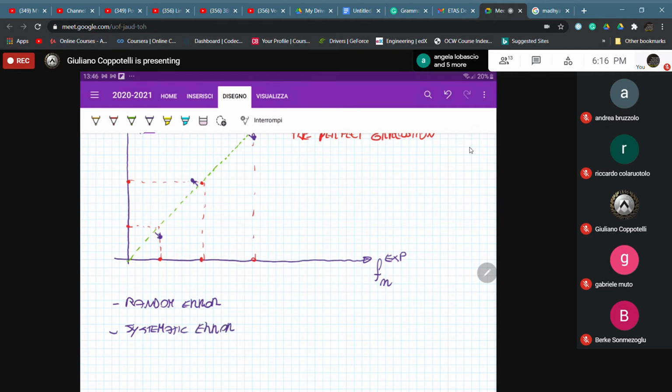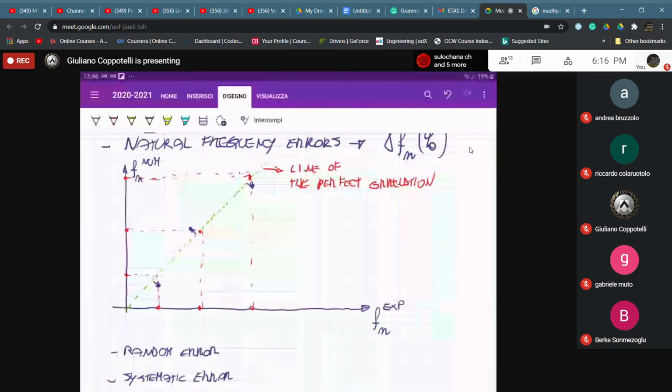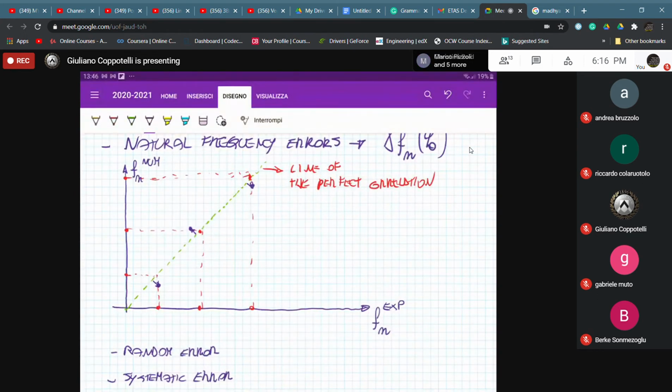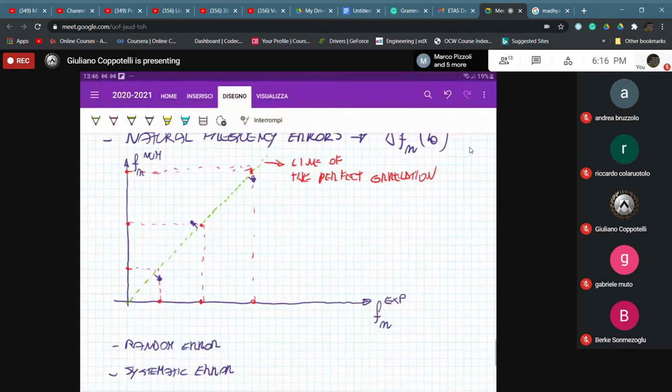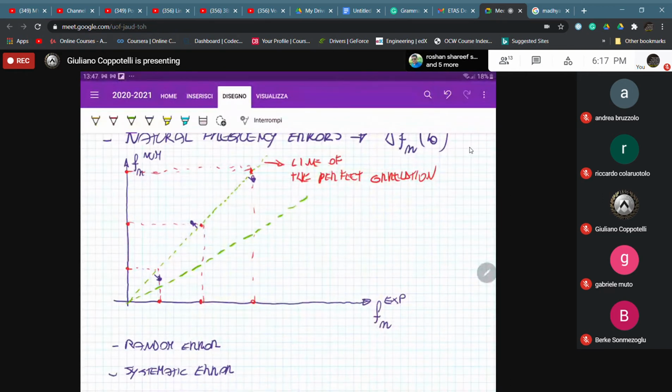What does it mean? Let's assume, for example, that when you are referring to your cantilever beam of your first laboratory activity, you are wrong with the estimate of your Young modulus. That means your numerical frequencies are a little bit higher or a little bit lower with respect to the experimental ones. And therefore, if your natural frequencies are aligned along a different slope line, like this, for example,